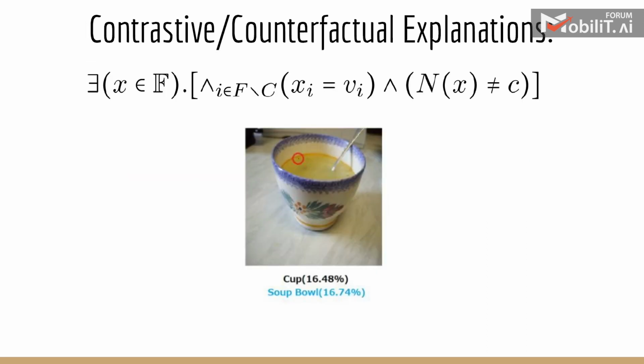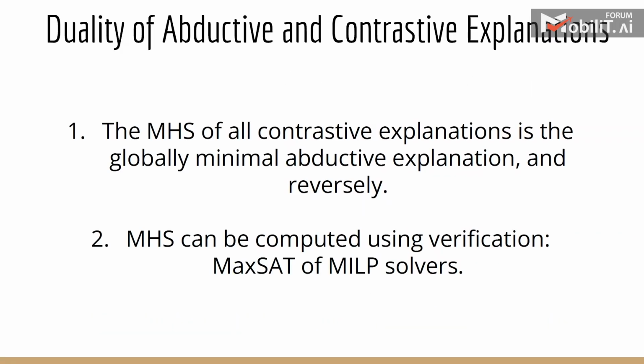Before I get into that, I want to define something else. A contrastive explanation is the exact opposite of an abductive explanation. This is another form of an explanation. It's a subset of features such that if we change these features, the classification can change. Usually the features themselves are referred to as contrastive explanations, and the values that they take are referred to as counterfactuals. This can also be validated using DNN verification. We again can come to a DNN verifier and encode this property, and this can be done in a very similar way to abductive explanations.